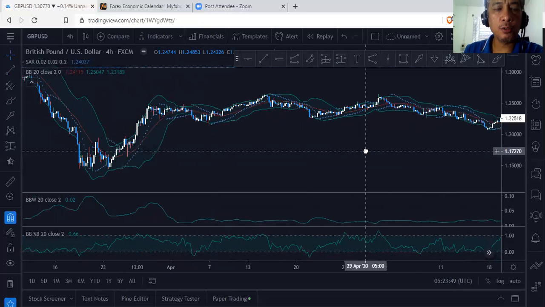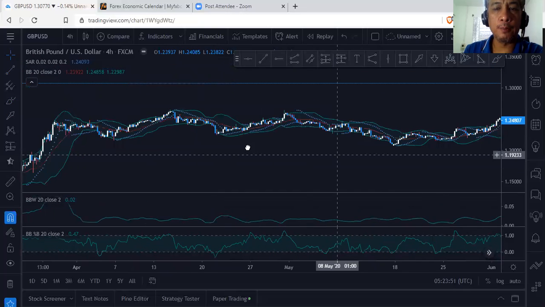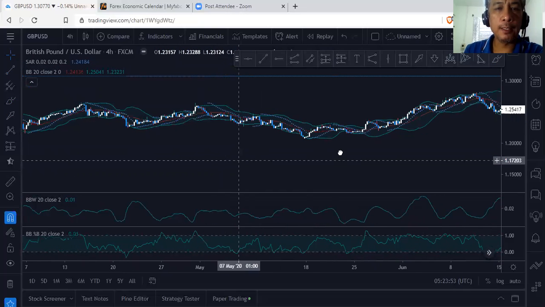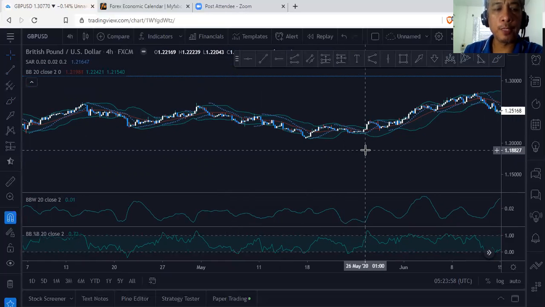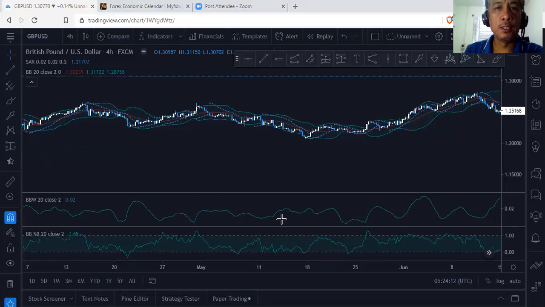So I'm pretty sure I've shared all of it in the Bollinger Band, and I'm going to go to my platform because I'm going to share with you the price rate of change, wherein we can hold our long entry. We will not change our position until the price rate of change gives us the signal to change. All right, I'm going to share my screen